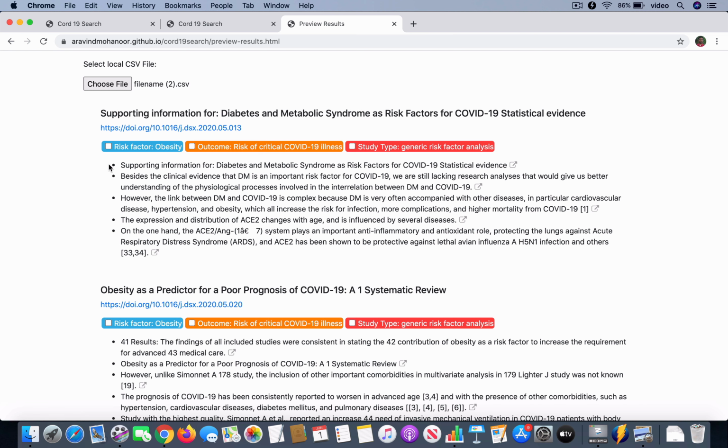You can also see that it shows the auto generated summary, and then you also have the option to choose which term was used to select the risk factor, the outcome, and the study type. And you can do that on an individual basis, that is, for each result individually. And the more important feature that I wanted to show you in this results preview is